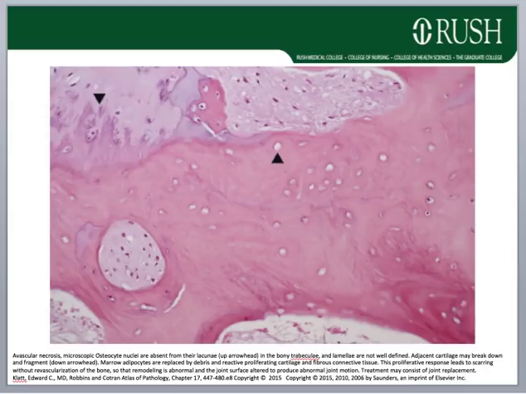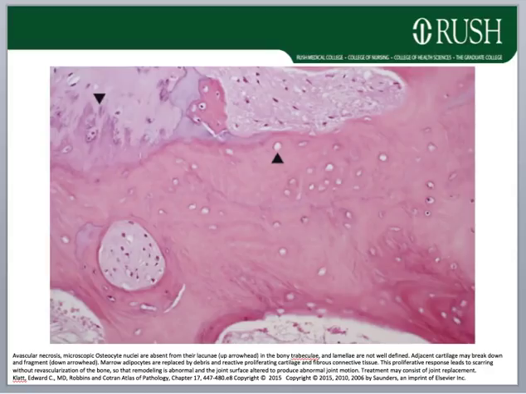Also, the adjacent cartilage may break down and fragment, as we saw in the gross image, and this is indicated by the down arrow. The marrow is replaced by necrotic tissue and debris, and then eventually by fibrous tissue, which leads to dense fibrosis of the bone without